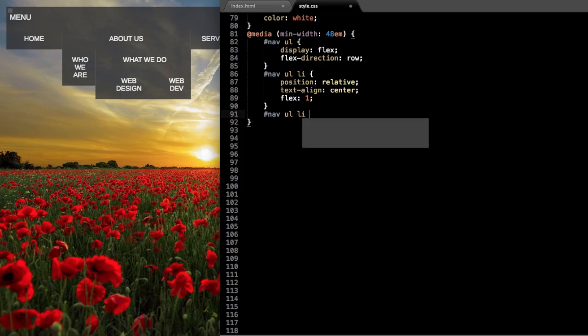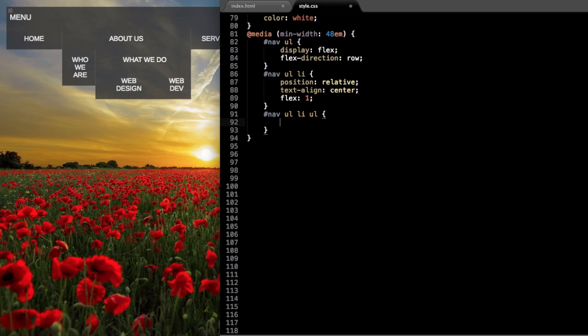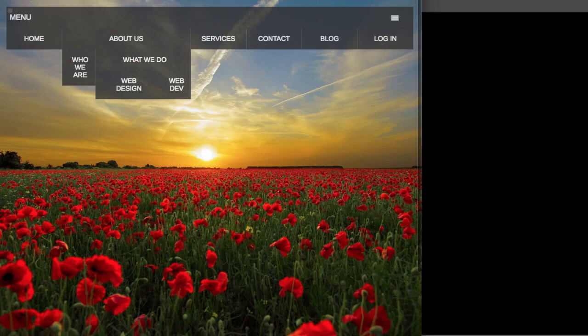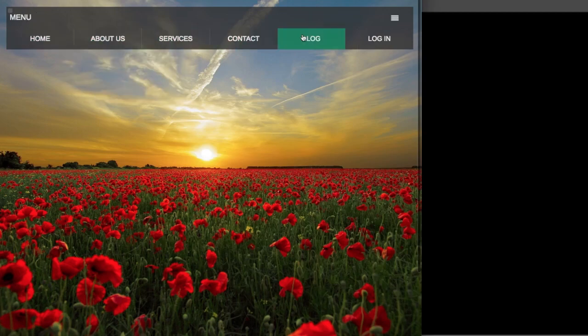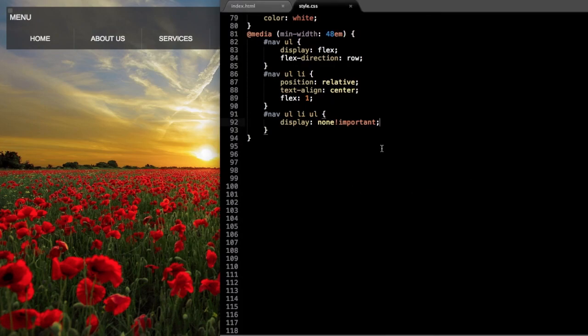So let's take care of that with nav ul li ul, and we'll say display none !important, then now if we refresh, okay, so now we have them all in line here with flex 1 the same size,